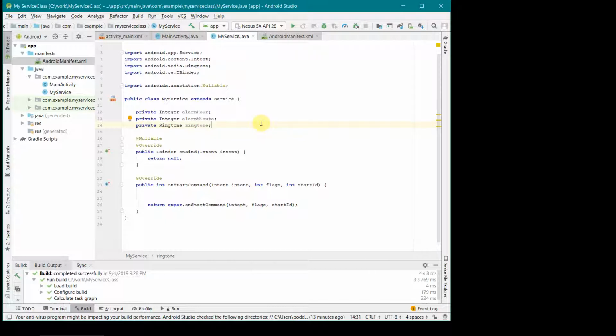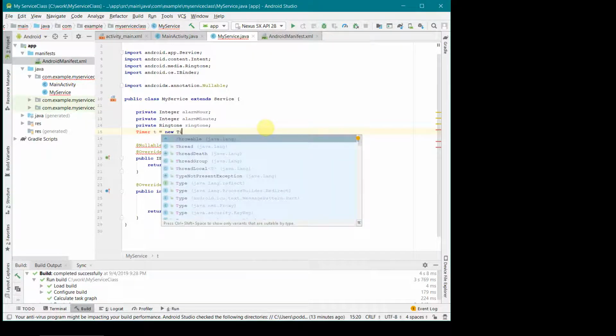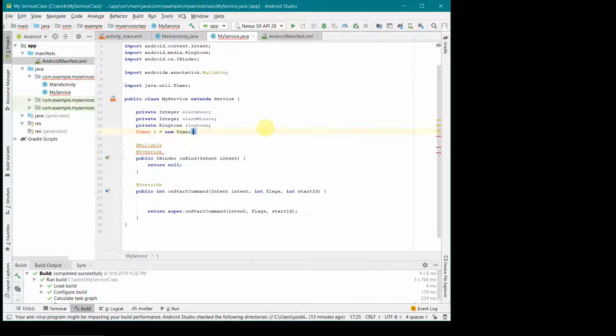And once done that, what else we'll need is some kind of timer which will ensure that we keep checking our time after some fixed interval. We'll see how we'll do it. So new timer. Yeah, so once done this, I can make this also private. I think more or less all our local variables are created.